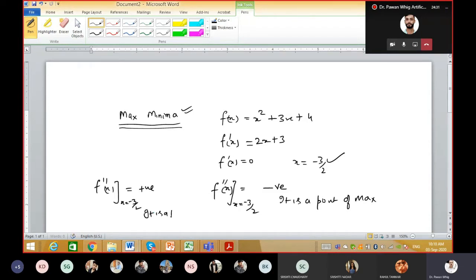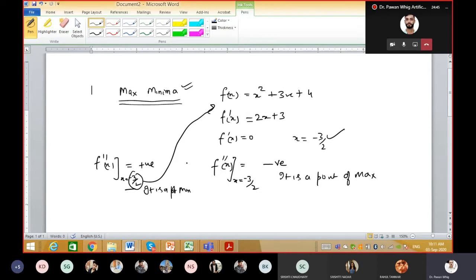Once you understand this is a point of minimum, the minimum value can be calculated by putting this value back into the function. I think everybody knows this in maxima and minima. So in maxima and minima there are two terms basically. One is called local maxima and minima, and another term is what we call global maxima and minima.